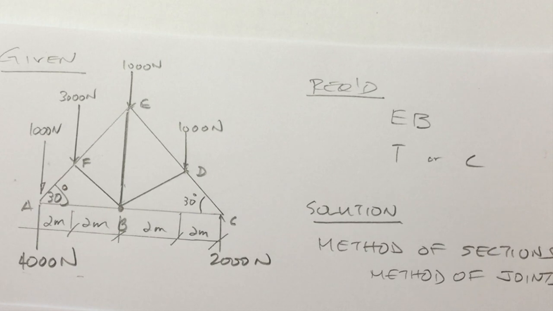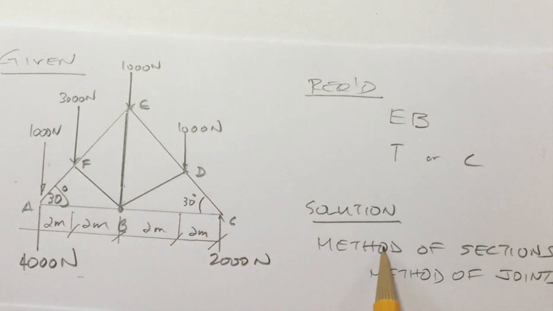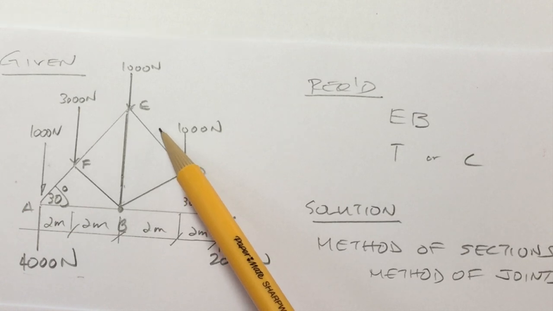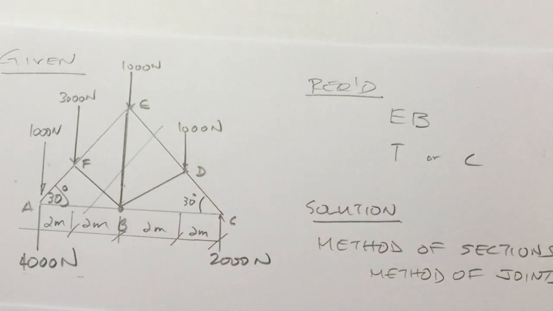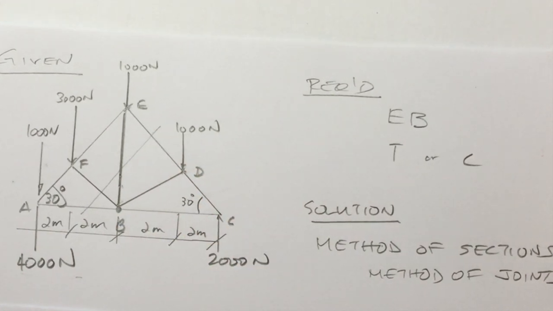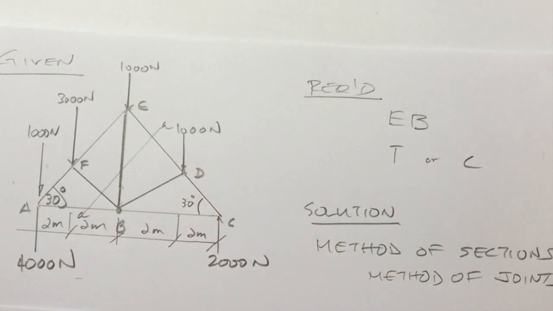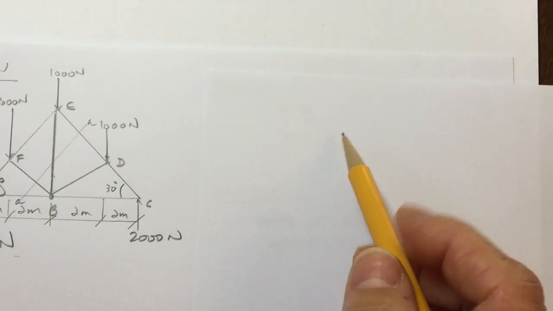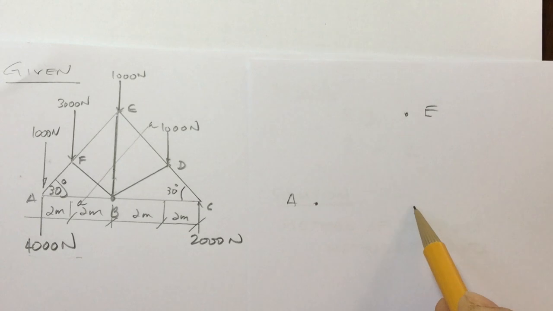Okay, so since we're interested in the force in member EB, when we do the method of sections, we have to make sure that we actually cut through or section through that member. So one potential section would be that. So let's see what happens. If I section the truss at AA, this is what the free body diagram would look like. So if I were to draw my point E here, my point A, and my point B,